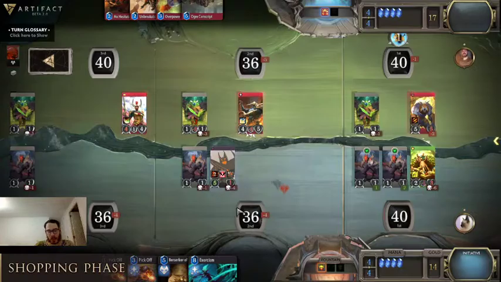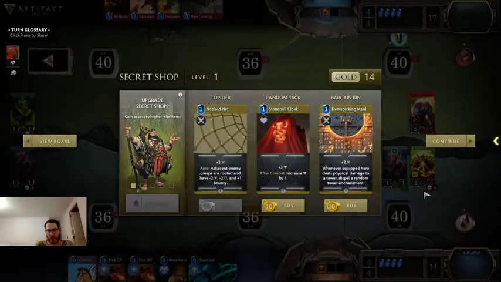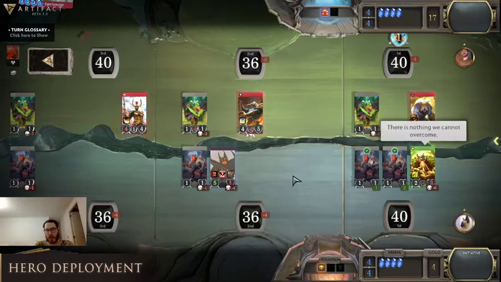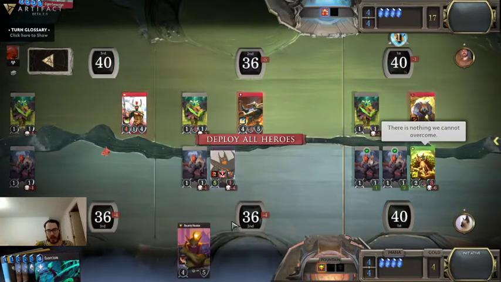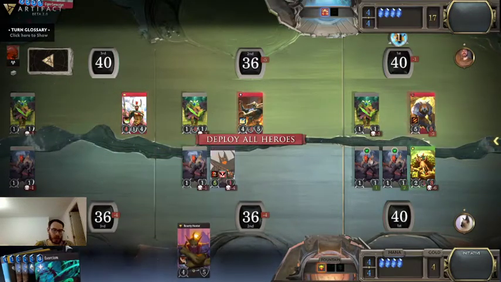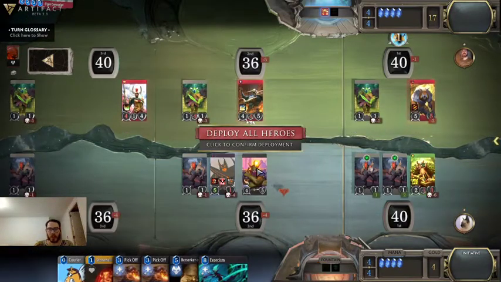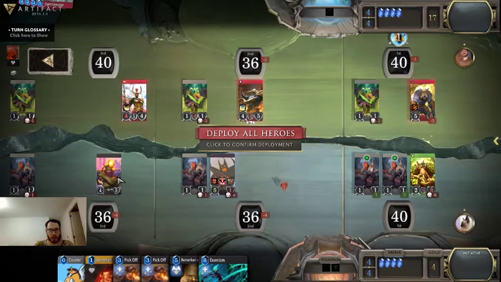But in this kind of games, you don't need to panic. You just need to stabilize a little bit and prevent the tower damage. And you can come back later into the game, especially with this deck, right? Because it's late game oriented, so at this point, I want to get the gold from Bounty Hunter, but